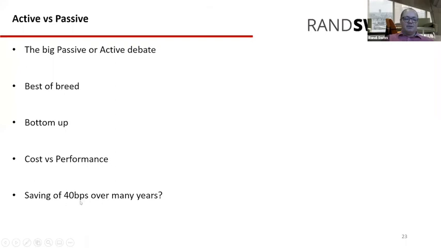So if I pay the 40 basis points, 0.4% more, you bet I want performance that's at least beating 0.4%, 40 basis points, whatever that cost component is for active management that I pay extra. And then the last thing ties into I throw the dart and I keep that instrument forever, is this idea of 40 basis points over many years. Again,